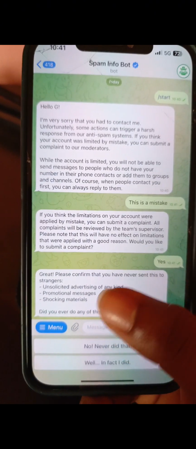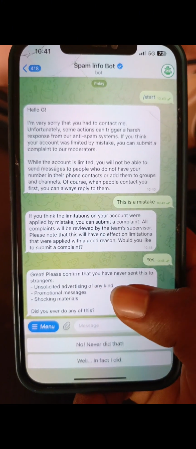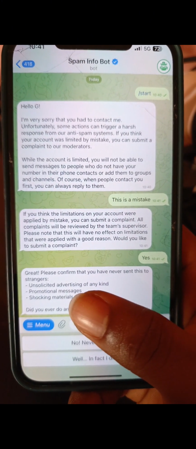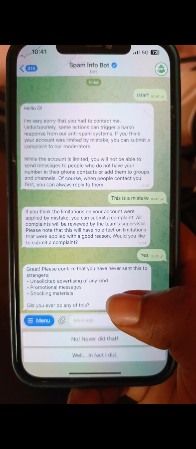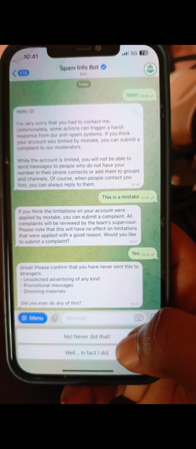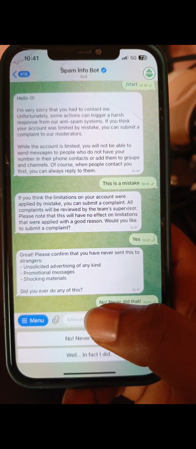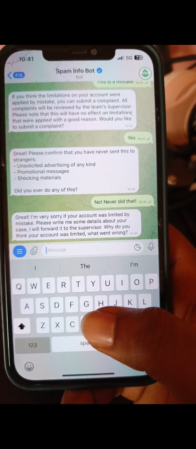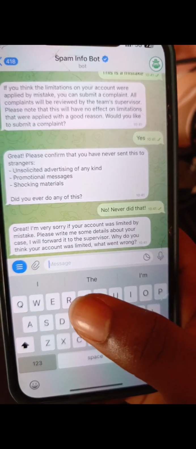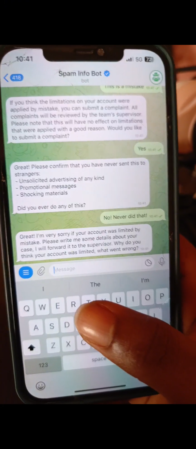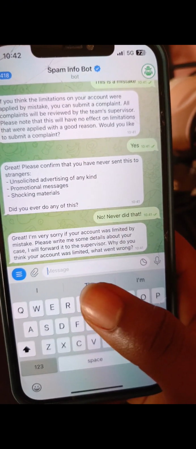It says, great, please confirm that you have never sent strangers this kind of message, stock advertising. It says, great, very sorry your account was limited by mistake.